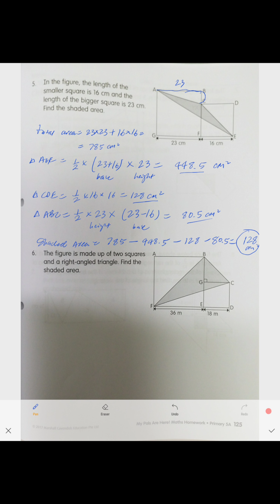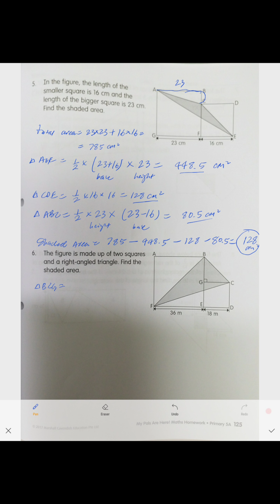If you look at it, the total area of the figure is the area of this big square, plus the area of this small square, and the area of this triangle. So we calculate the total area first, and then we subtract this white triangle ABF and this white triangle FCD. All right, we know what we're gonna do. Let's calculate. First, let's find the area of this triangle BCG. Triangle BCG is equal